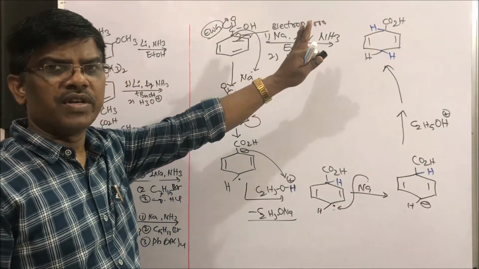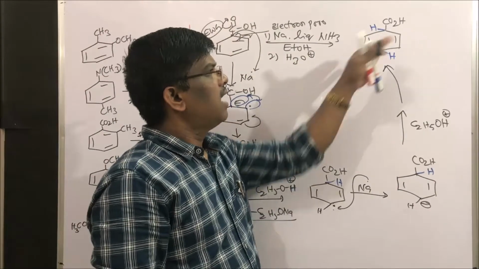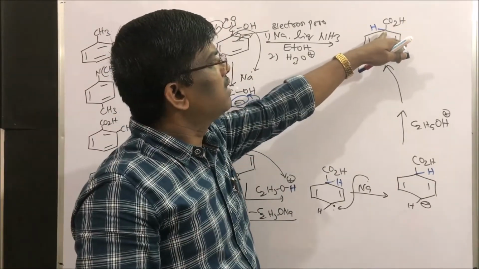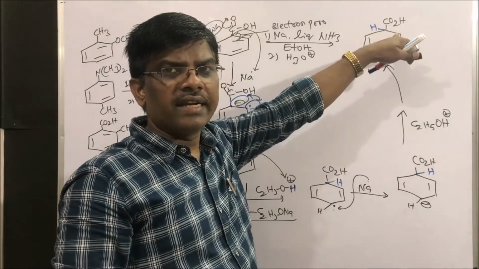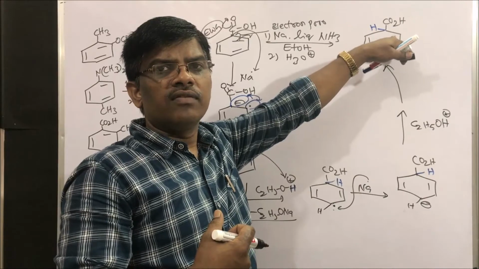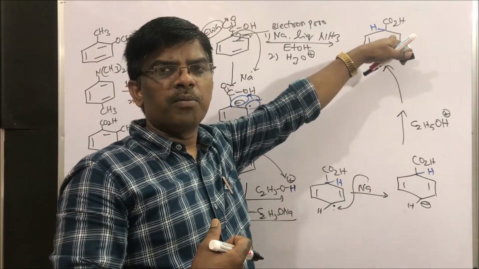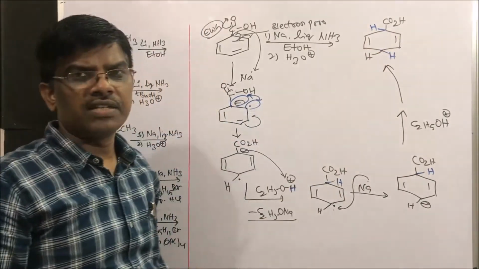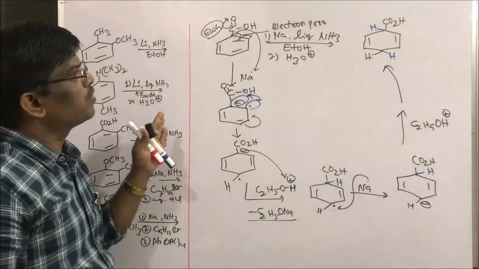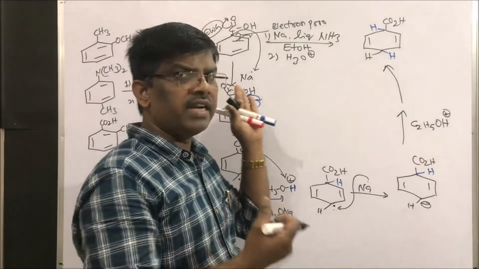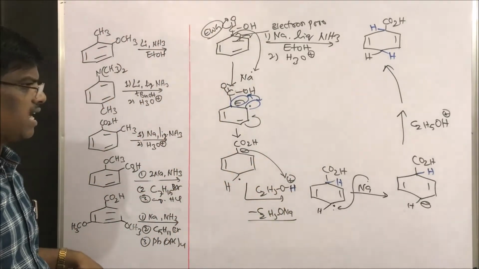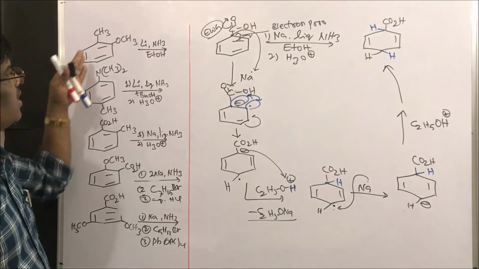It is very simple, students. Whenever the compound is attached to an electron withdrawing group, the carbon attached to the electron withdrawing group will be reduced first, then the 1,4 position, or para to that position, will be reduced. This is how aromatic compounds attached to electron donating and electron withdrawing groups react. Let us take examples of these reactions one by one. Guess what the product is?